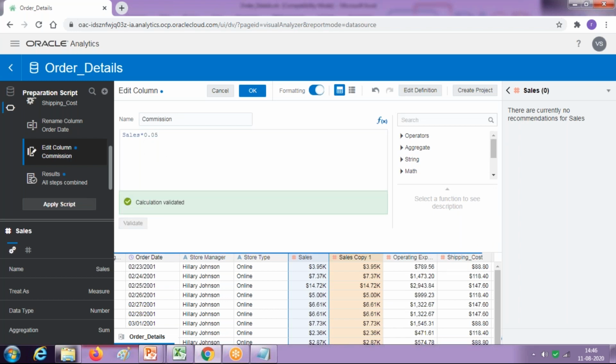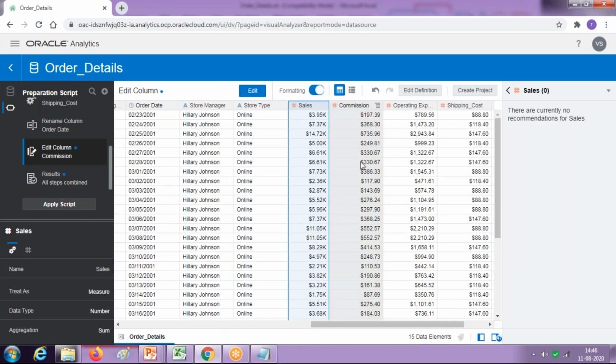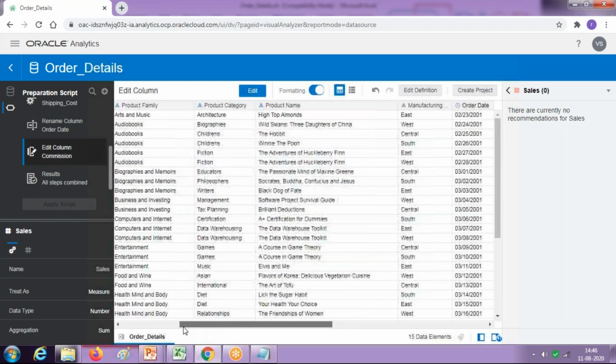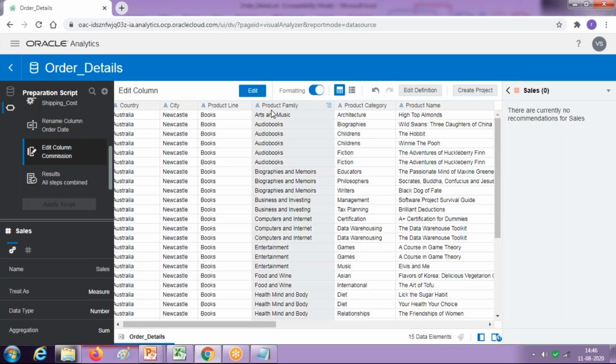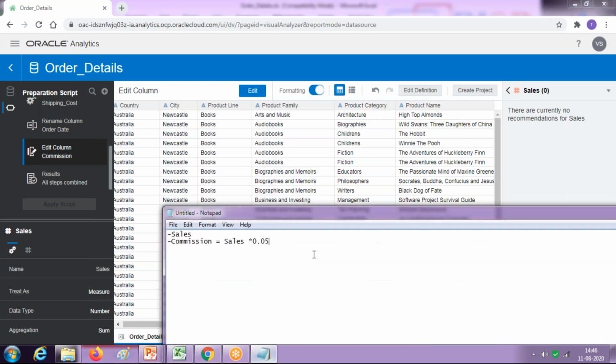There are a lot of other aggregate functions I can apply, and as I said, when you continue to apply any expression, the system creates a script for you, so you can apply a script. So I added a computed measure over here. In turn, I can create a grouping. So for example, I have to classify my product based on consumer type. This is my product family, and I assume my product family further needs to be classified based on consumer type.